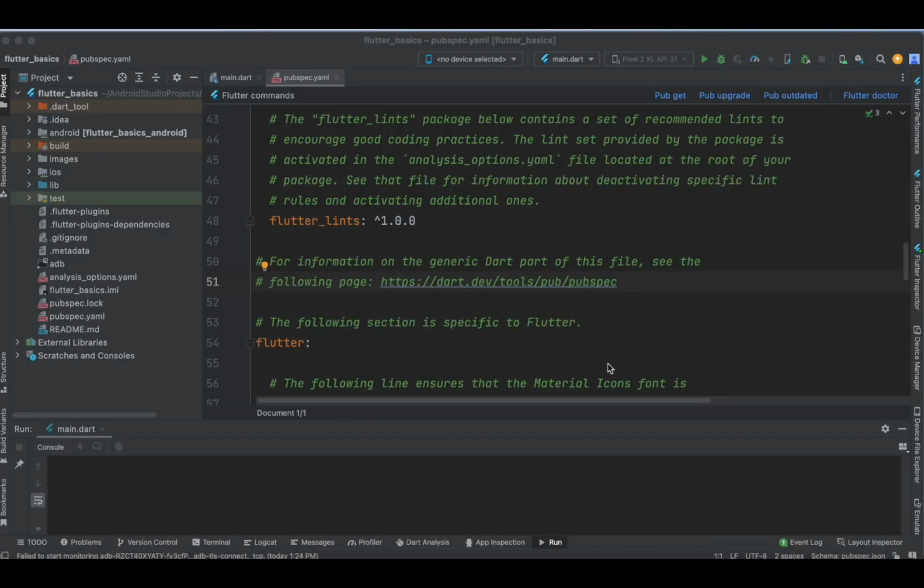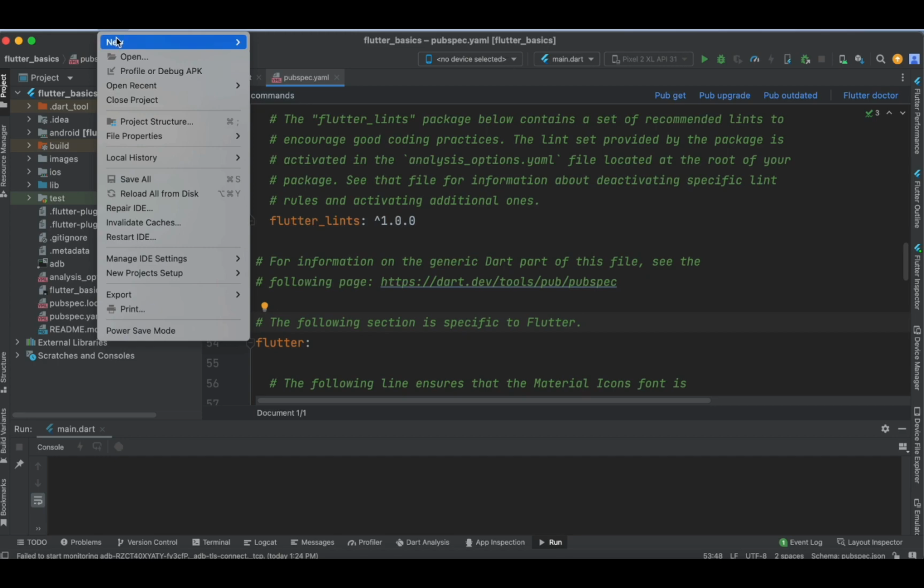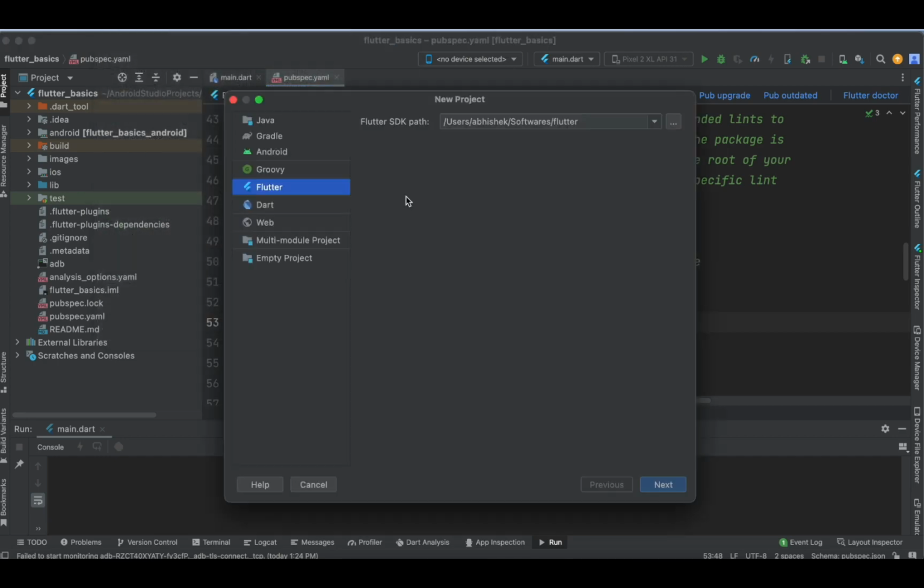In this vlog, we are going to see the implementation of in-app purchase in our Flutter application. To implement in-app purchase, we need to upload our application to the Play Store, and from there we can fetch the products. So the very first step I'm going to do is create a new